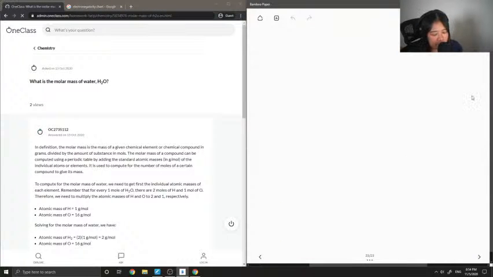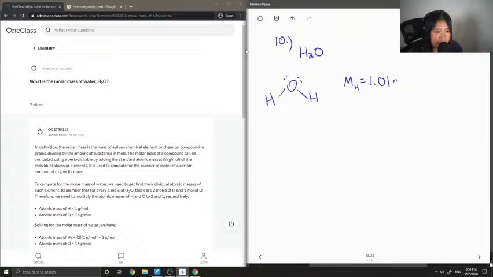Okay, so now let's move on to question number 10. What is the molar mass of water, H2O? Okay, so let's just draw its structure. So first, I'm going to write down the molar mass of hydrogen, which is just found on the periodic table, 1.01 grams per mole. I'm also going to write down the molar mass of oxygen, which is just 15.99 grams